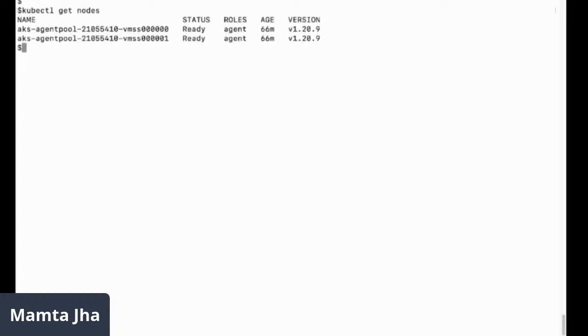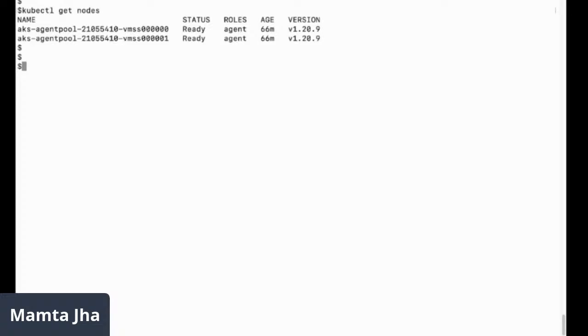So let me show you. I have my Kubernetes cluster, which is working on Azure. It's an AKS cluster. As I said, the same things can be demoed on or implemented on any type of cluster. I have a 2-node cluster on Azure, and it's an Azure managed cluster.